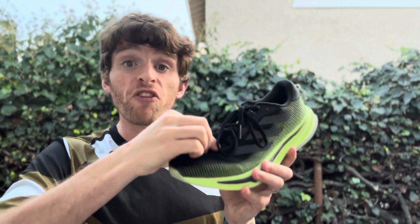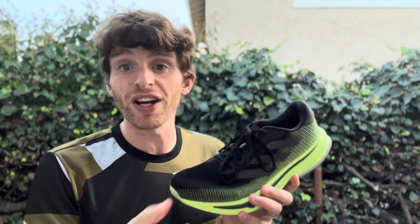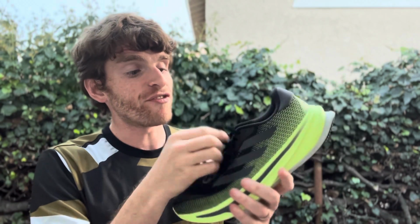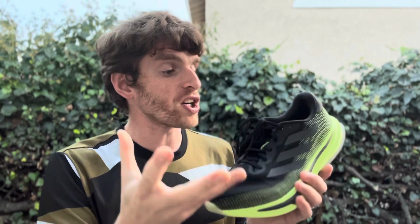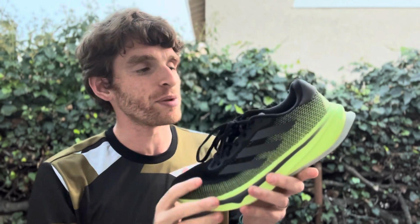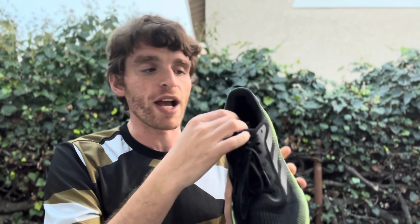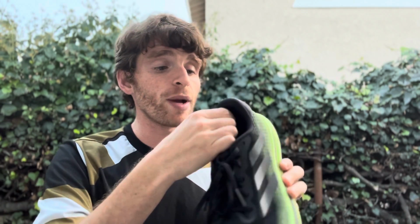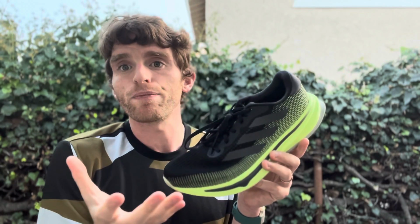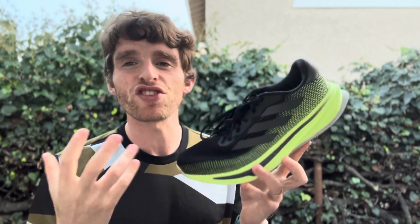There's actually a good amount of volume here, so if you need to move your toes up or down, or if you have a little bit more height to your foot, this shoe's actually going to do great. Midfoot didn't really have to lock down laces, fits fairly normal, nice thicker tongue. Even though it's not gusseted, stays really nicely in place. And then a really, really thick amount of heel collar cushioning back here. There is a somewhat stiff counter back here, but the heel collar cushioning helped cushion that out and made it feel fine. So upper's fairly standard, feels very normal fitting, not too wide, not super narrow,